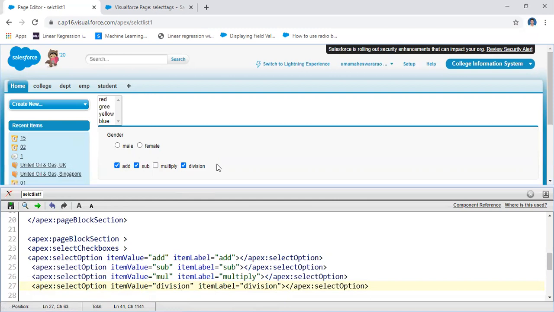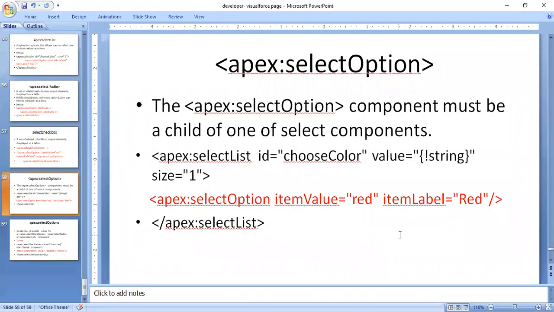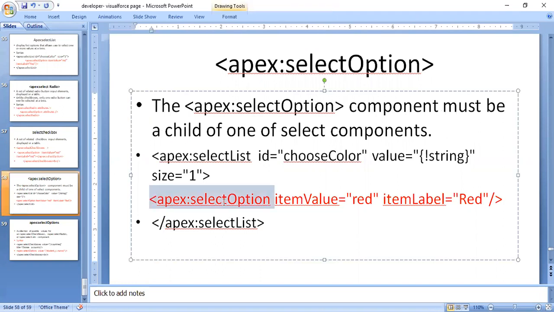When you are working with classes, how can you work with these checkboxes? Coming to another important option, the select option. How can you represent the select option? In all cases you wrote a select option: item value, item label, and some other parameters.